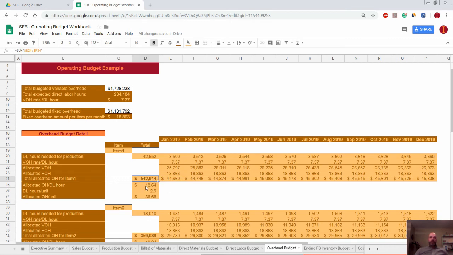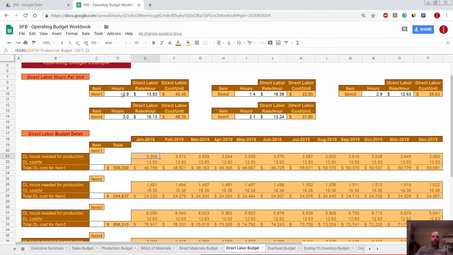With that grand total for the year, let me jog my memory on what I did here. We take the total allocated overhead divided by the total hours, and then we get an amount per hour. So this 542,914 divided by 42,952 is this 12.64. We know that's per hour. Then the number of direct labor hours per unit, 2.9, which of course comes from our direct labor budget, 2.9,